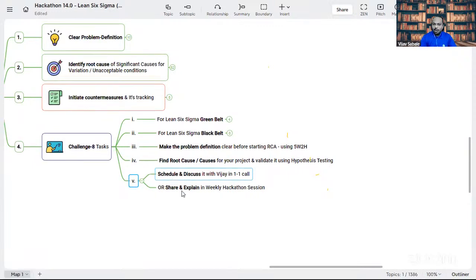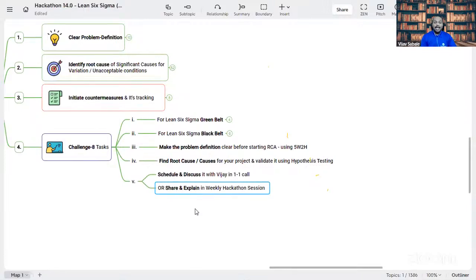And this is one more opportunity for you, right? If you want to share something, like you've done great work on your project and you want to share that with the other team members as well, as some of the other team members are always sharing, if you want to share it, just let me know one day before that you want to share something.